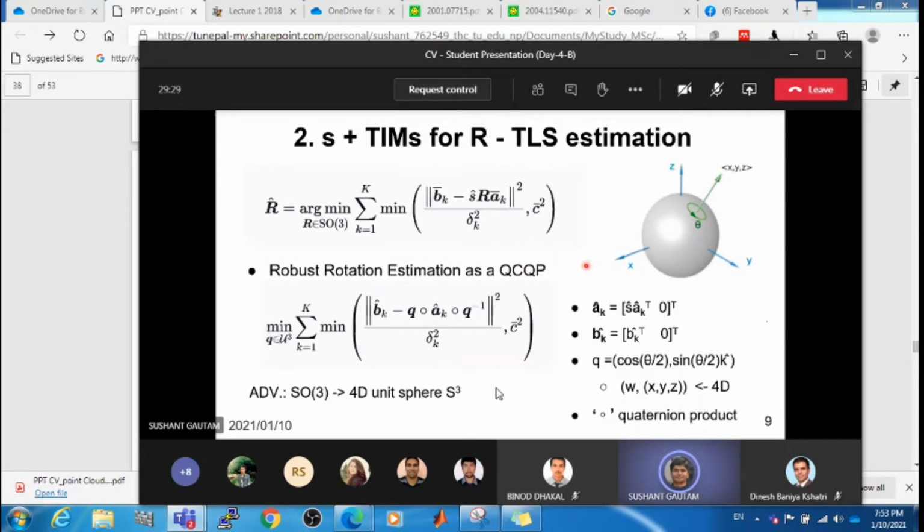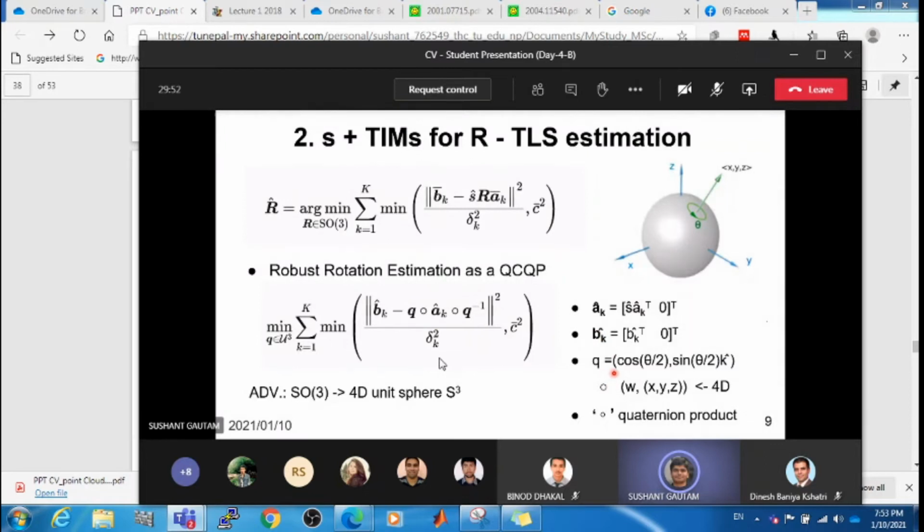We introduce new notations. There is some typo, but this is A hat and B hat. A hat incorporates scale S and A bar, which is model features. Likewise, B hat incorporates B bar, which is scene features. Let's not talk about dimensions now. These equations are copied as they are from papers written by top researchers from MIT, so we can trust them, right? So just leave the dimensions for now. Focus on the term that looks new for us, q.